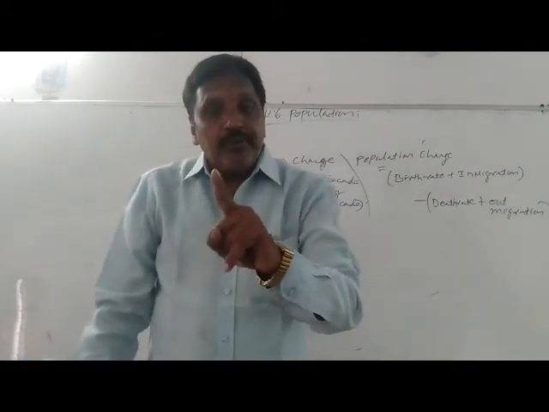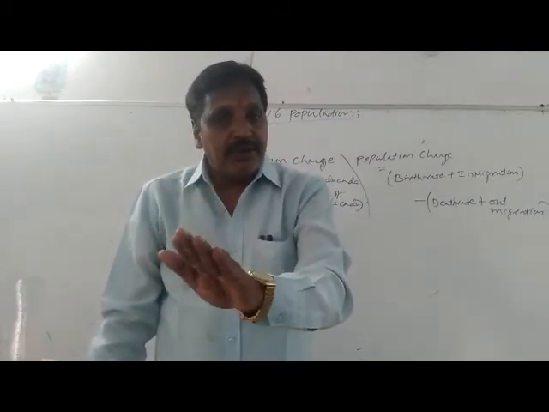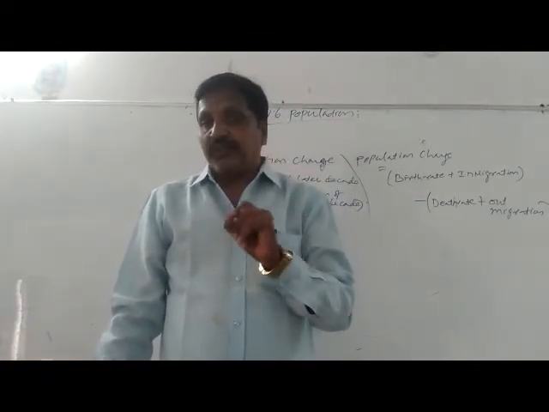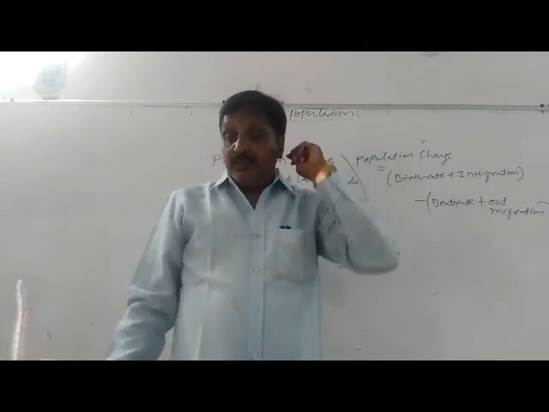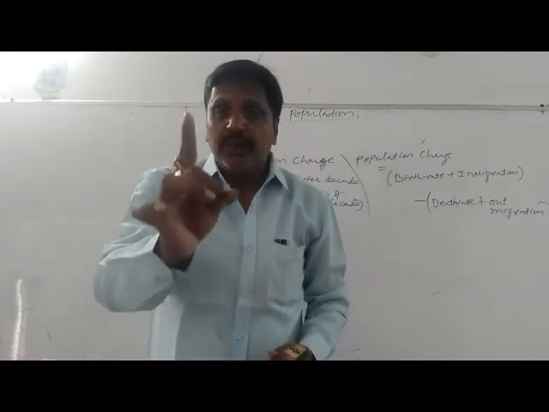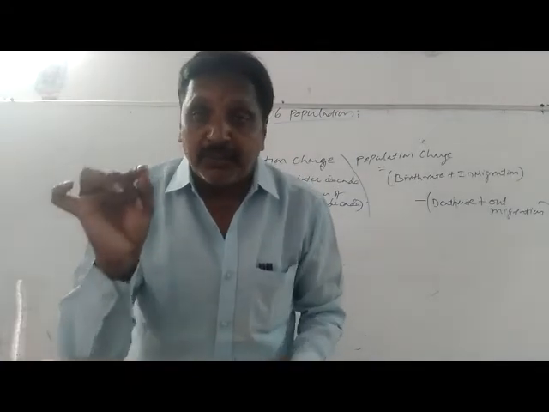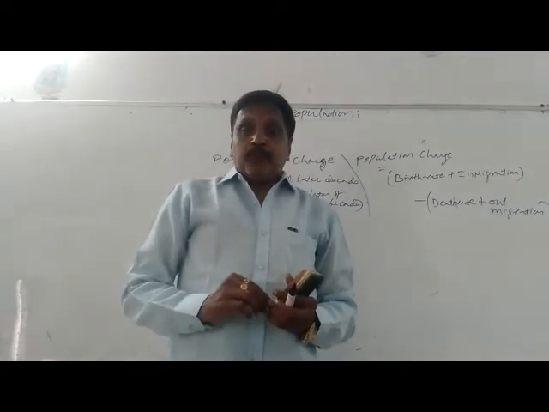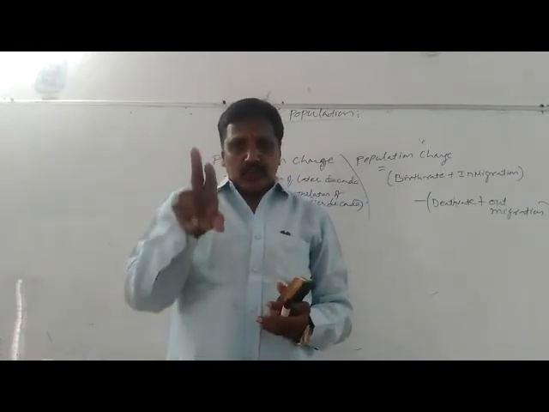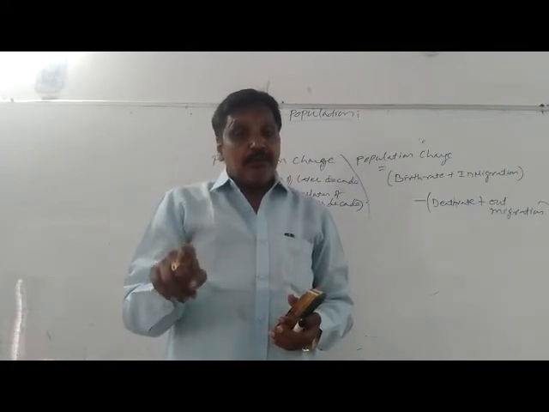Population growth will involve only two things, not migration: birth rate and death rate. That gives you growth in the population of a country. What is birth rate? Birth rate is the number of live births for every 1,000 people. But in death rate, the number of deaths for every 1,000 people is called the death rate. Only these two are taken into consideration when we count the population growth, and it will be counted in percentage.